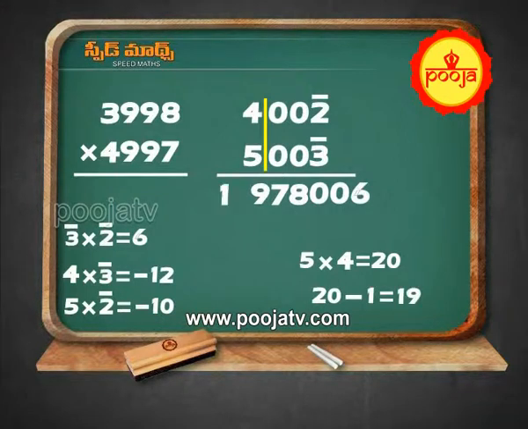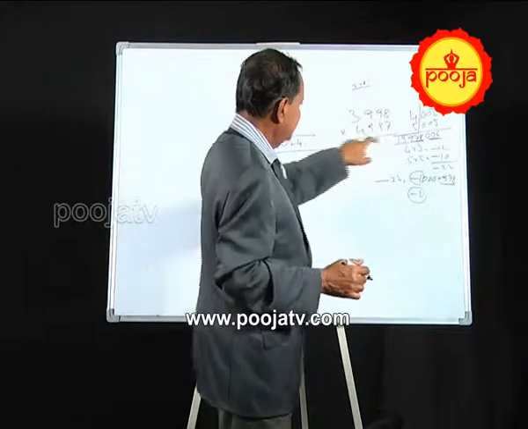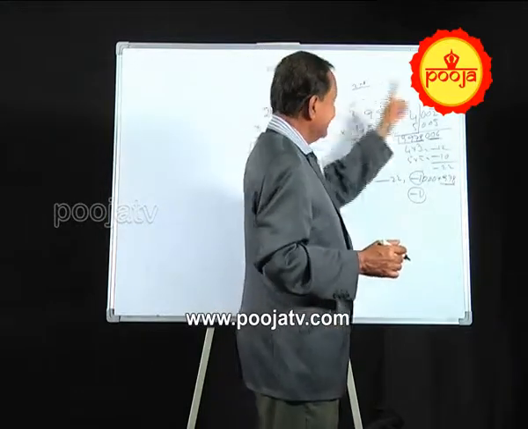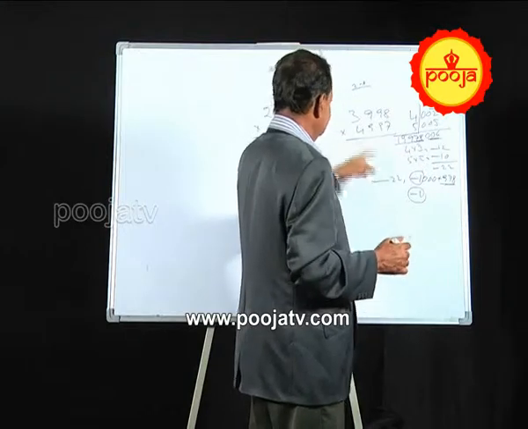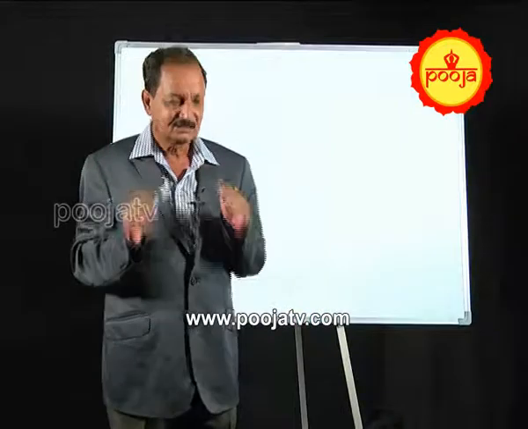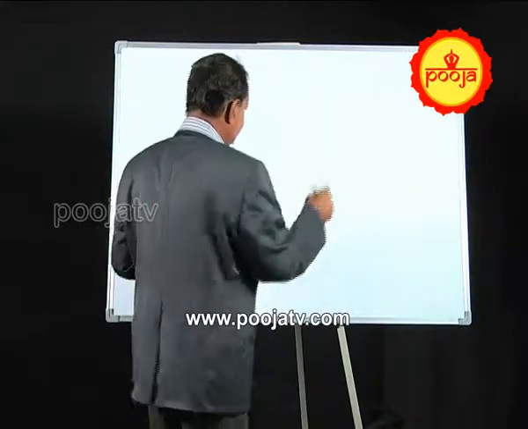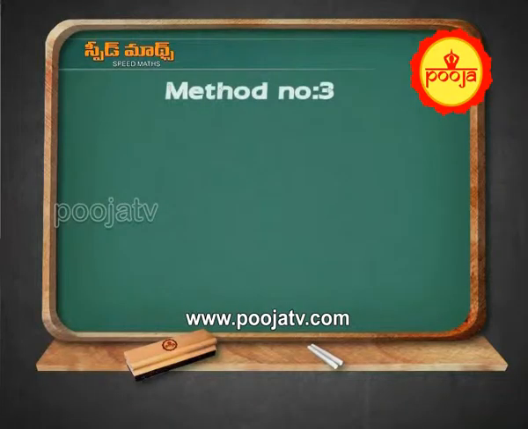I am repeating this so that you will enjoy. This is the first method where simply you can give a slash and do, and this is the second method where you can convert into speed mathematical basis and do like this. Okay? Now, we will go for the third method. I told you there are 4 methods. This is method number 3,